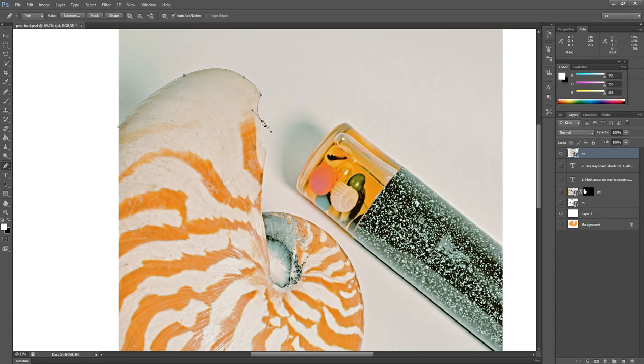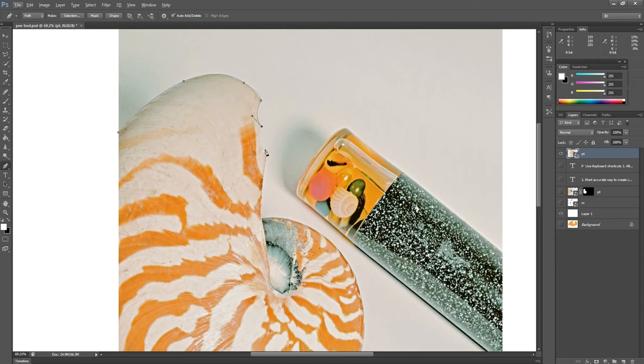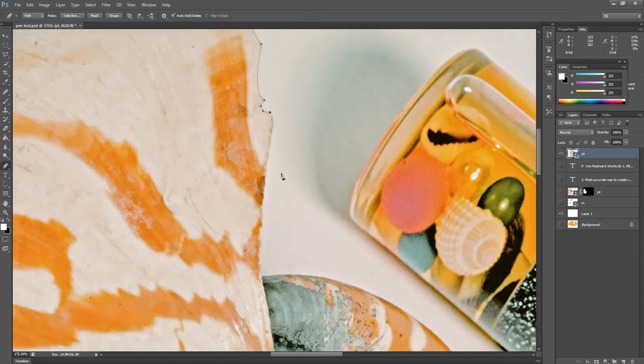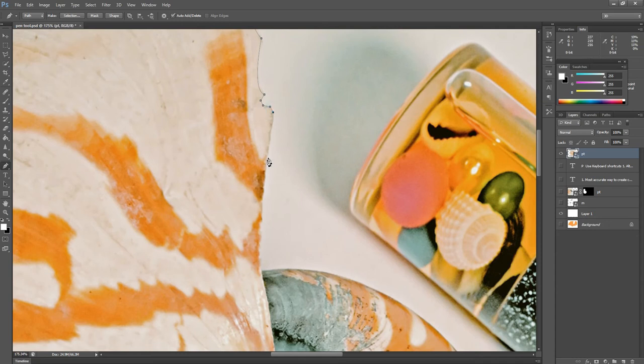We want to change the shapes from here, so press the alt key and just click here, and zoom in a little bit so it is visually better. And then again we make a shape, and now again break this line, and this way we can select with accuracy.